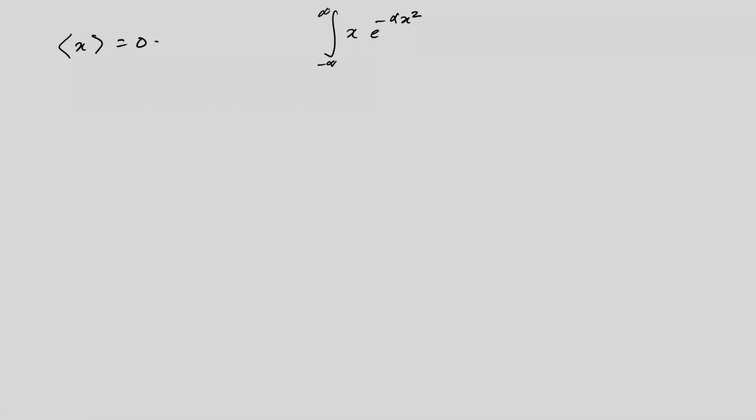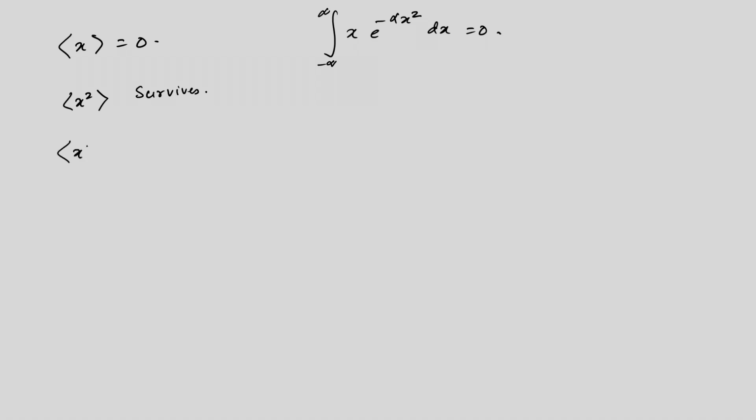Because it has a Gaussian form, we know that the average value of x has to be 0, because a Gaussian is a symmetric thing. So, when you say x times exponential minus alpha x square, if you sum over all x, from minus infinity to plus infinity, then this is equal to 0. So, that is why the average value of x is equal to 0, but of course, x square survives,